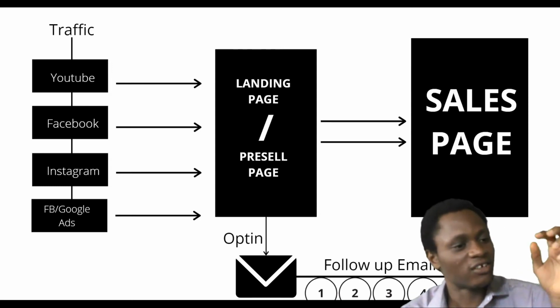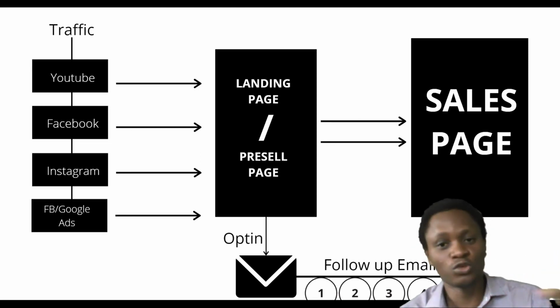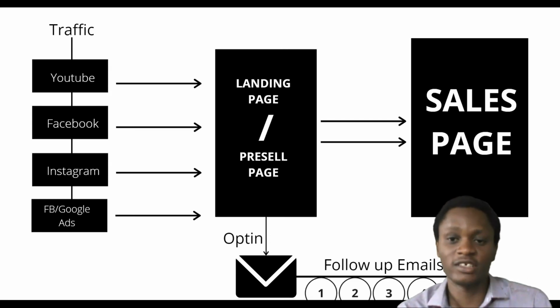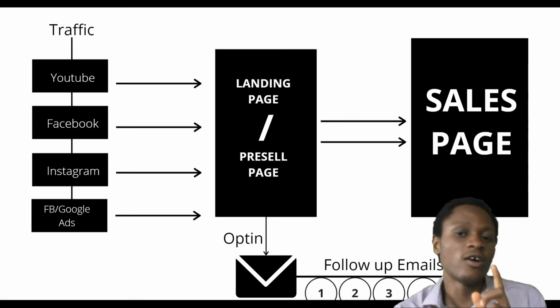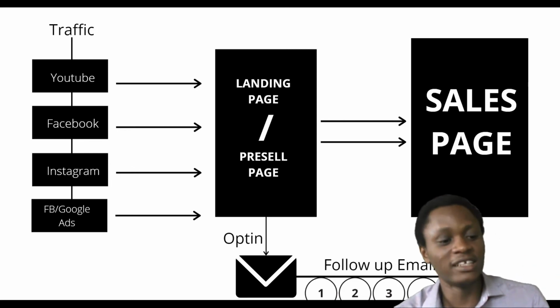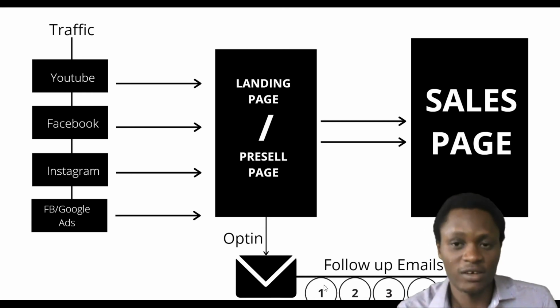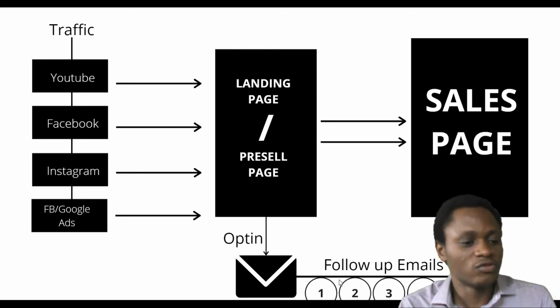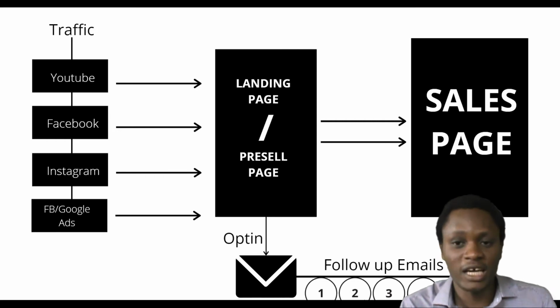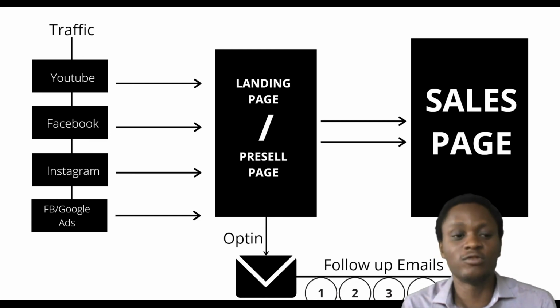So when the person clicks on and is convinced to buy whatever it is that you're selling, and goes through the sales page, the person could decide to buy or not. Now, if you have collected the person's email, you have the opportunity to send him or her some follow-up. First of all, you try to introduce yourself. I've actually explained that in the email video. You try to remind them of the product that they actually came for, and in case they haven't gotten it, you send them some emails, which are all leading back to the sales page